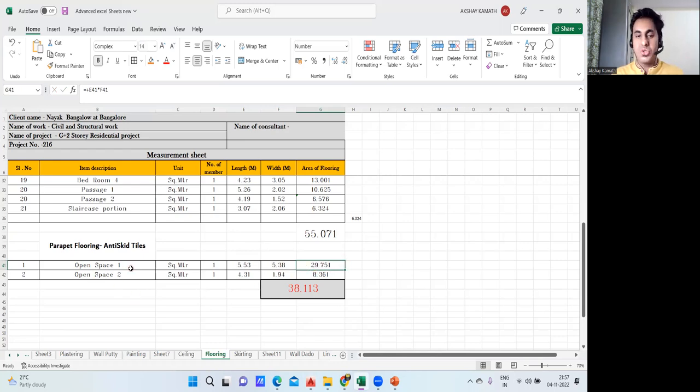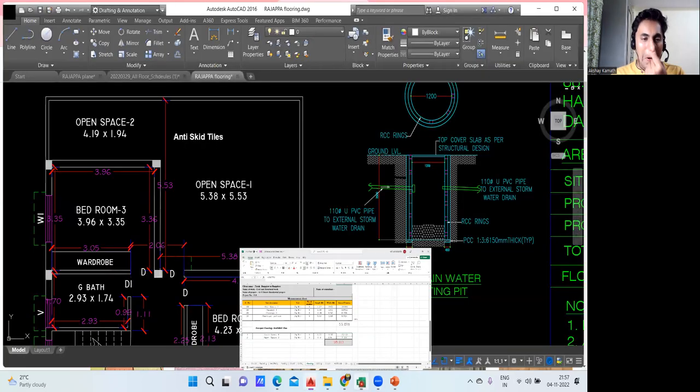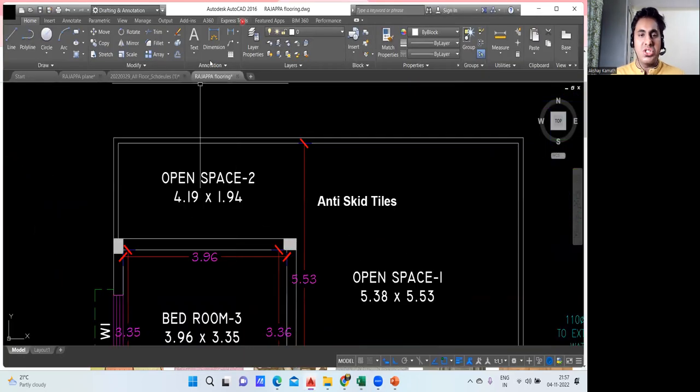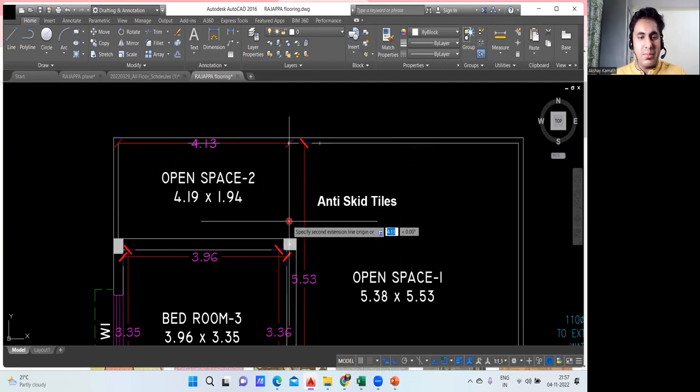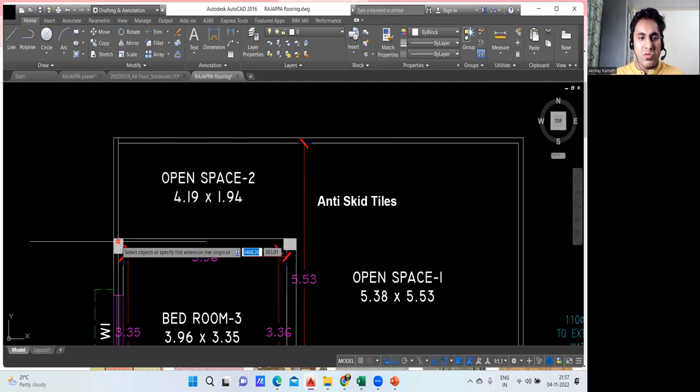Come to the open space 2. Again, it is in square meter 1. So what about this part? So this part again, you see, this area it is. Okay. If you want, I'll measure it again. So from here to here, it is 1.94, which is exactly correct. And again, from here to here, okay, up to here. See, up to here I need to go. Where is it? Yeah, this portion. Wait, I'll measure it here. That is from this point to,